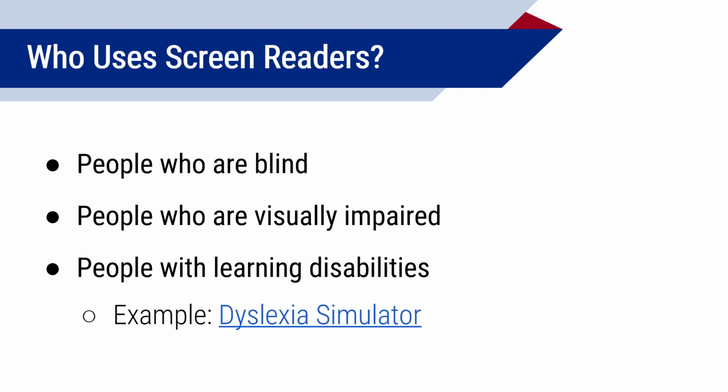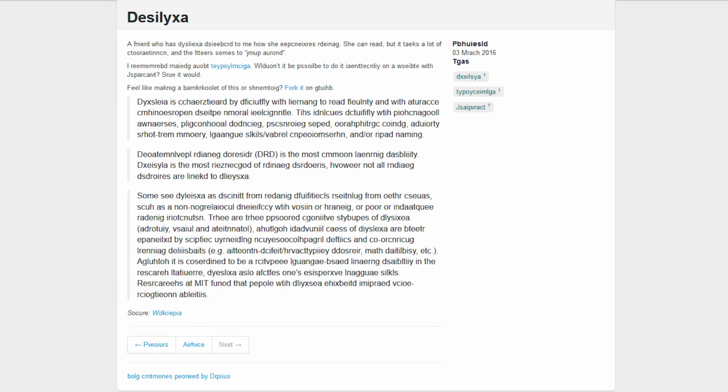For example, this simulator shows one of the many ways that text might appear to a person with dyslexia. In this example, the letters seem to shift and jump around the page, turning just a few paragraphs into a frustrating and time-consuming read. In comparison, a tool that reads the same text out loud can really transform someone's reading